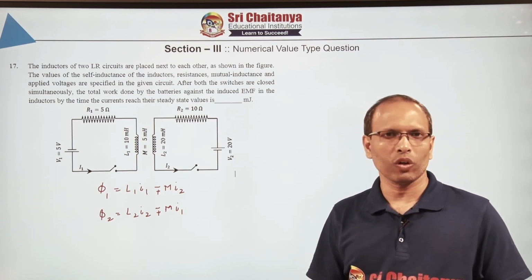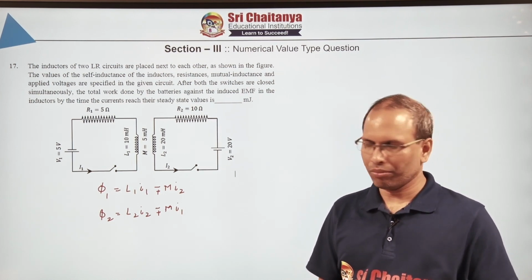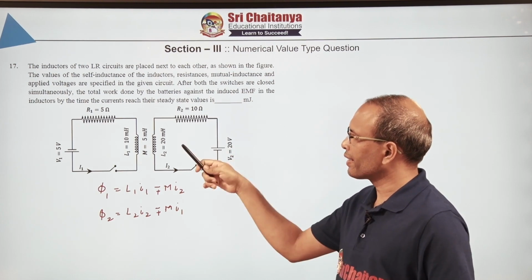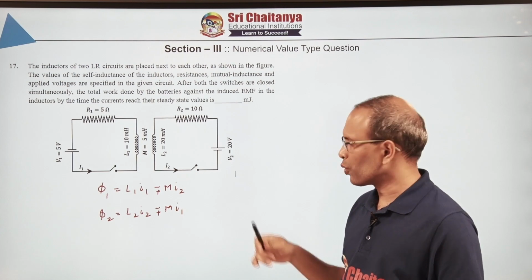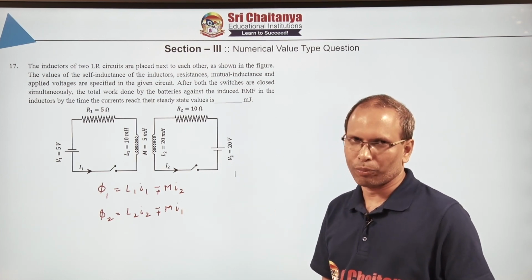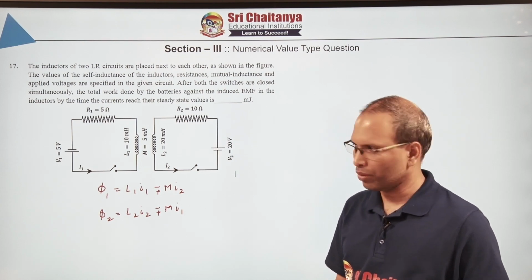I think they will be giving you the answer for both as correct here most probably, because from the diagrams it is not very clear whether it is enhancing or opposing. So I am taking them as opposing, so I will take the minus condition and simplify. Finally we can also check for the positive condition and see what that value would be.